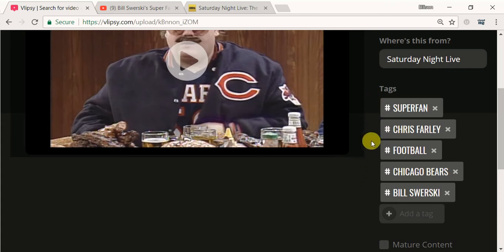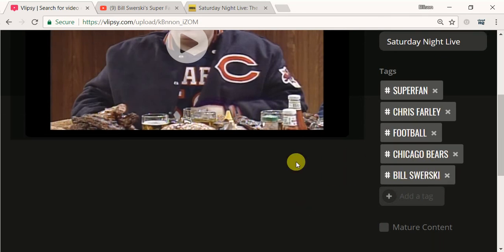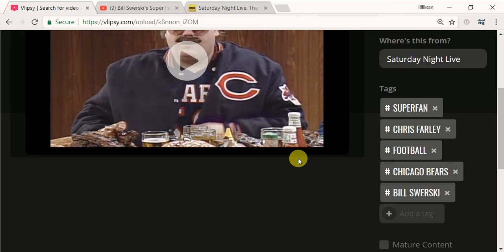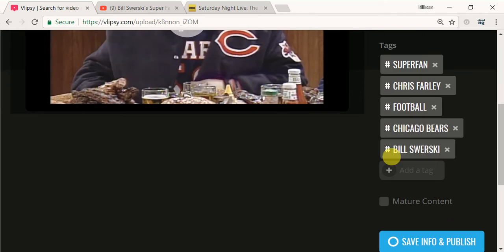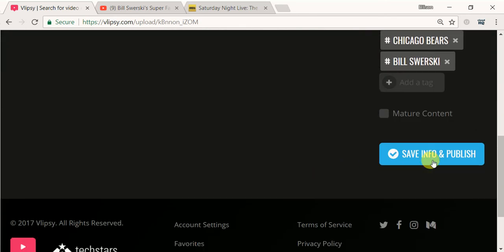The only hashtag I might remove is Bill Swirsky because I could pull Bill. Let's say someone wants to look up Bill Burr or maybe something else that could pull in that search. So this would be the only hashtag that I would wonder whether or not it should maybe remove, but everything otherwise looks good. And there isn't anything iffy with this content or kind of R-rated, so I don't need to click mature content. So I'm just going to click save and publish